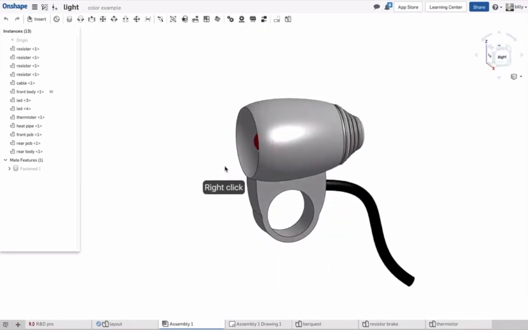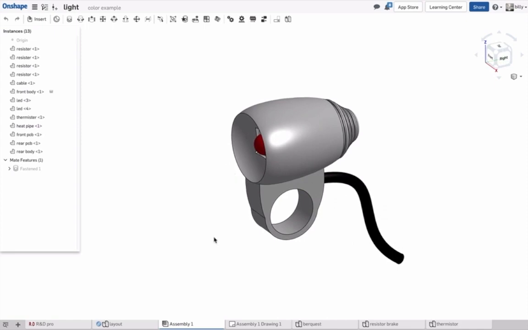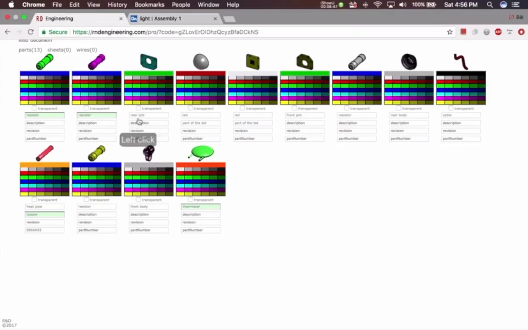What I'm going to be working on next is a list, so that once you get this configured the way you like, you can click on save. It'll save the display state, and then you'll be able to toggle through various display states. Also, what I want to do is have a hidden state, so I can hide a part, I can show a part. Right now the API doesn't quite do that, so as soon as that's available, then that'll be added to